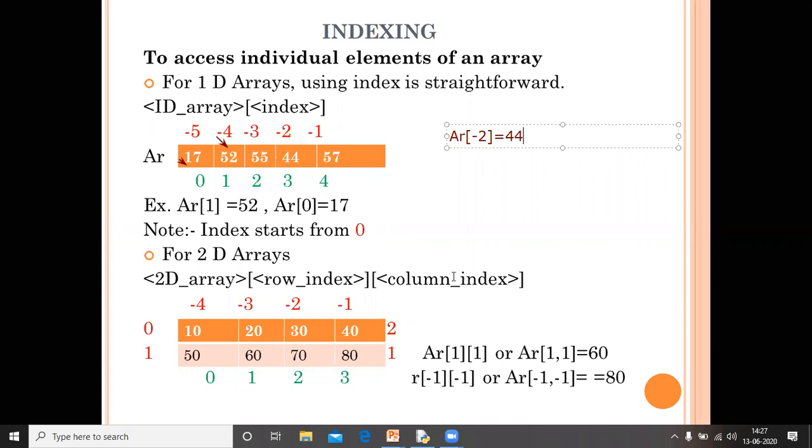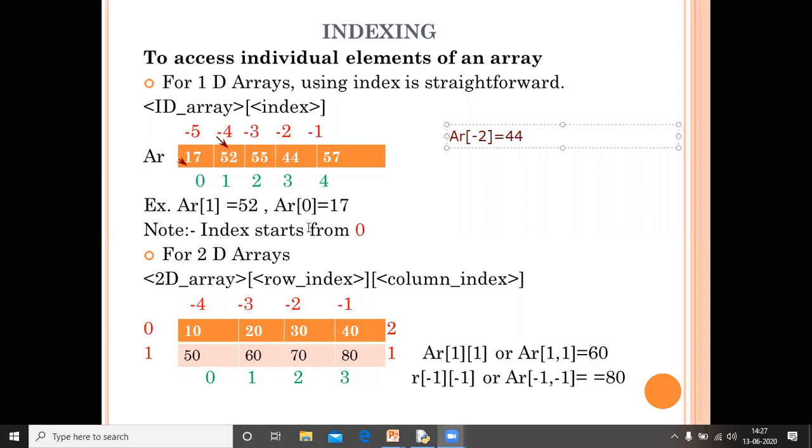Okay, then for the two-dimensional array, we have to give two indexes, the row index and the column index. This is a 2D array, 2 rows and 4 columns.